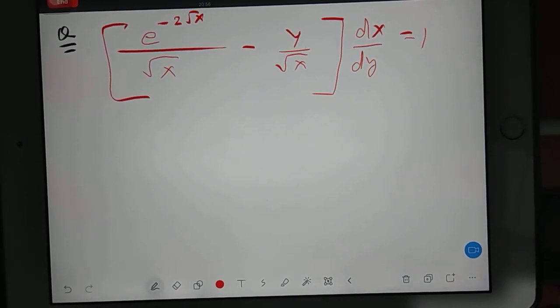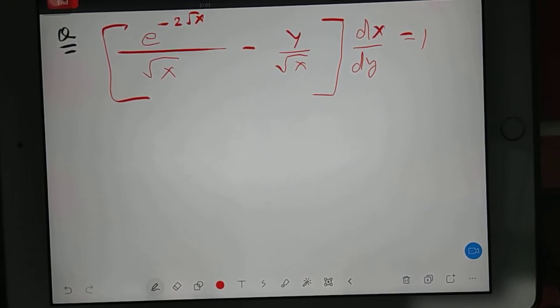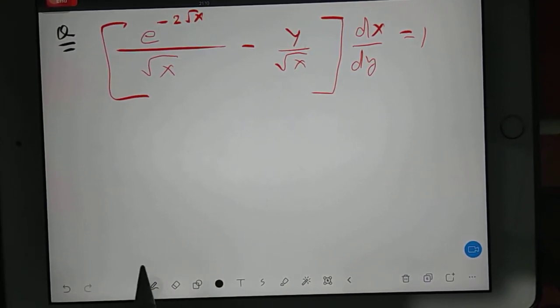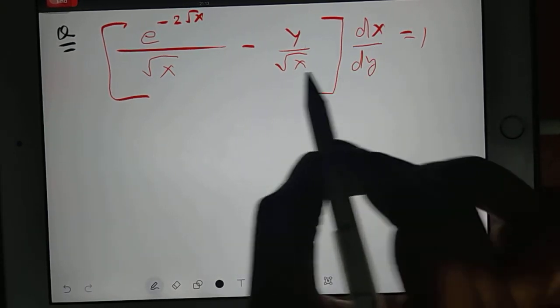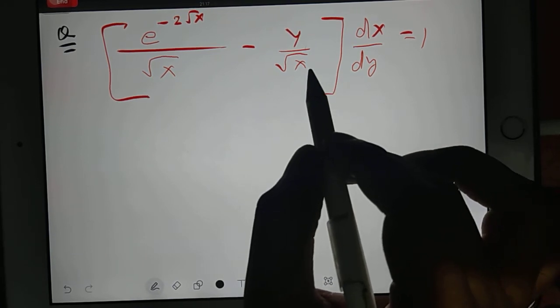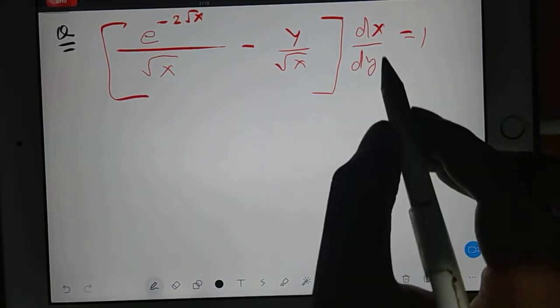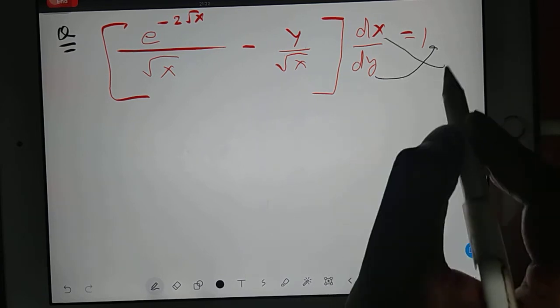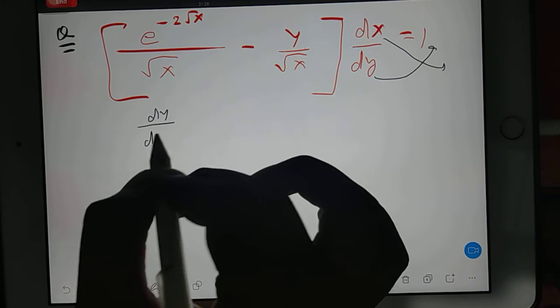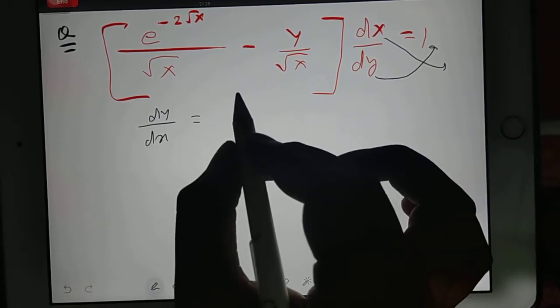Now see, it is very obvious that separating variables is not an easy cup of tea here. So we have to change the page. We have to change the format. Convert it in such a way that it looks like Leibniz form. We can easily convert it. You just send this guy here and this guy here. Solved. Done. Totally done. So it will look like dy by dx is equal to.